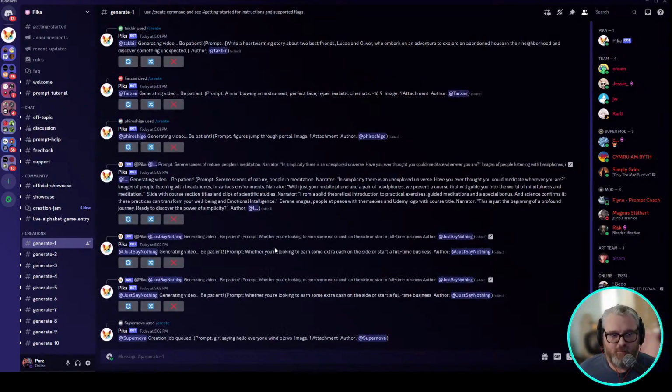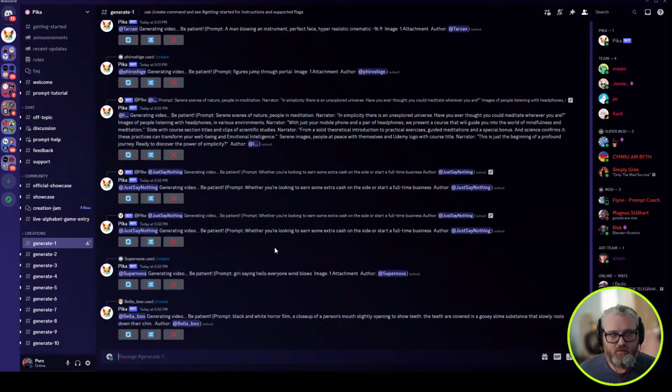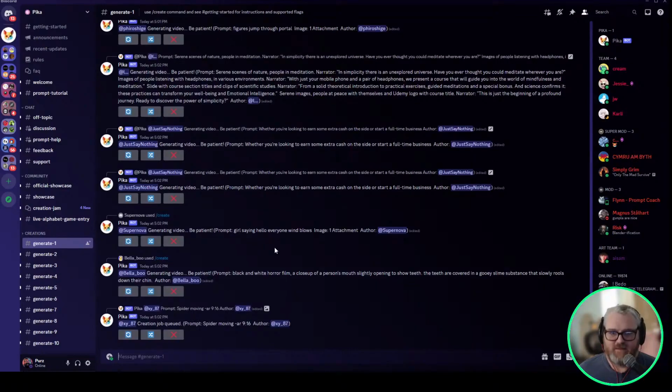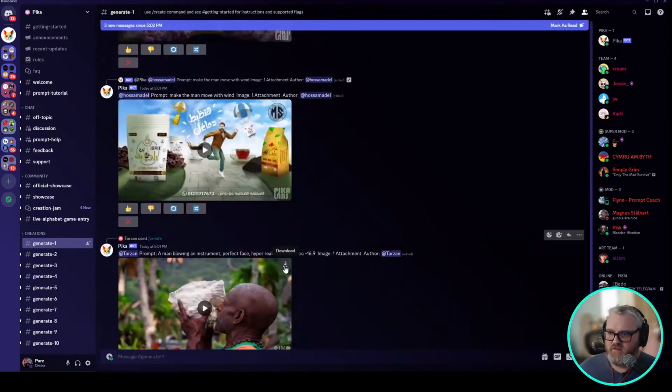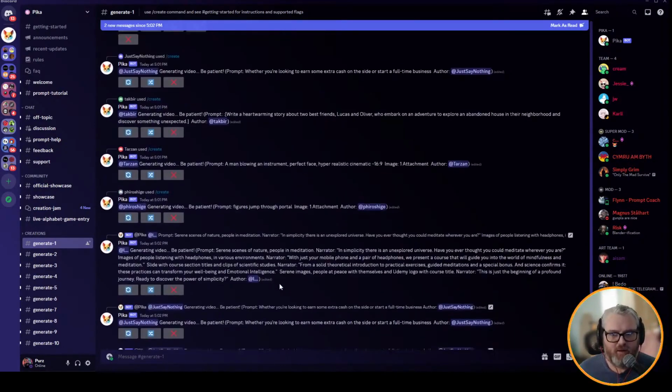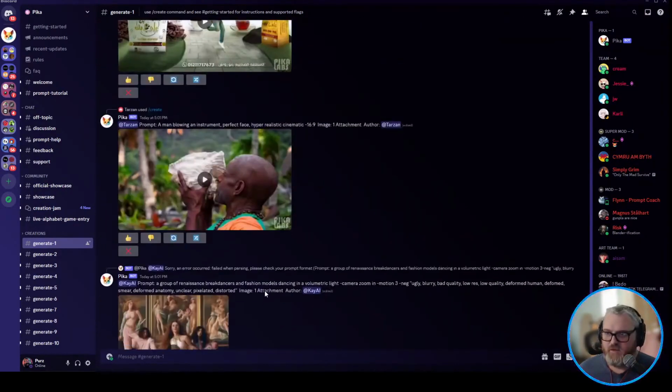Yeah, you can start a DM with the Pika bot, or you can click in the top right search bar, choose mentions, and put in your name. Yeah, that's how I was downloading my stuff before. Yeah, you could. There's a download button beside every generation you make up in the corner, so you can go in and download your generations when they're done.